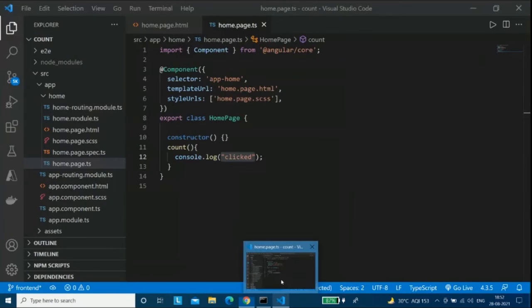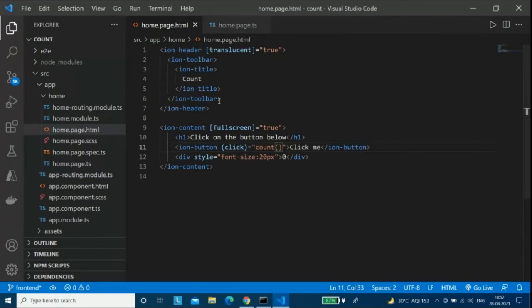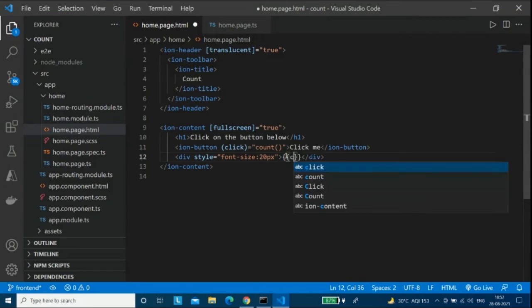I have clicked this button 4 times and it should show that it has been clicked 4 times. So for that, what we are going to do is make a variable over here. Let me call it C, and I am going to say that this variable's initial value is 0. And I'll remove the 0 from here, and I'm going to write the name of this variable with 2 curly braces. This is the syntax, and we have to follow it.